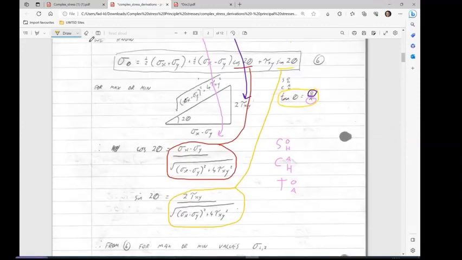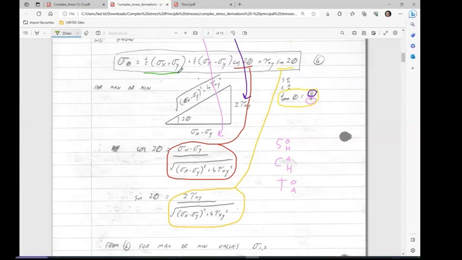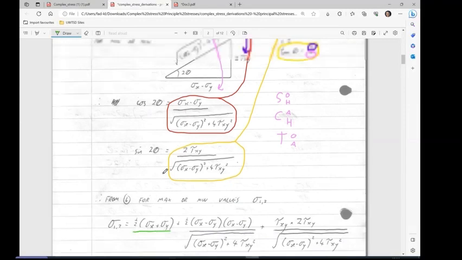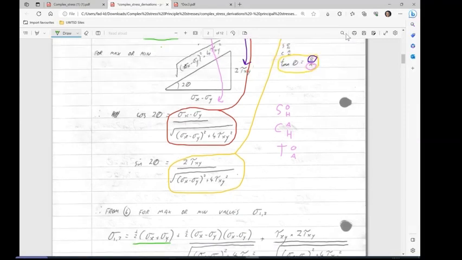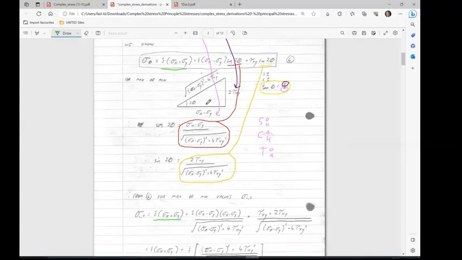And then we've got a half sigma x minus sigma y. So let's just zoom out a little bit so you can see that better. So that is there, look. And then we've got this red term here,